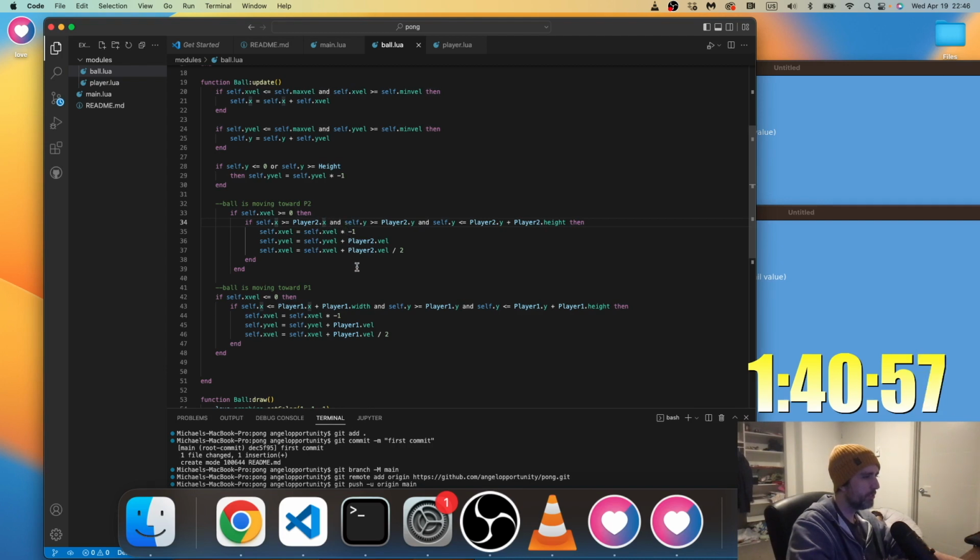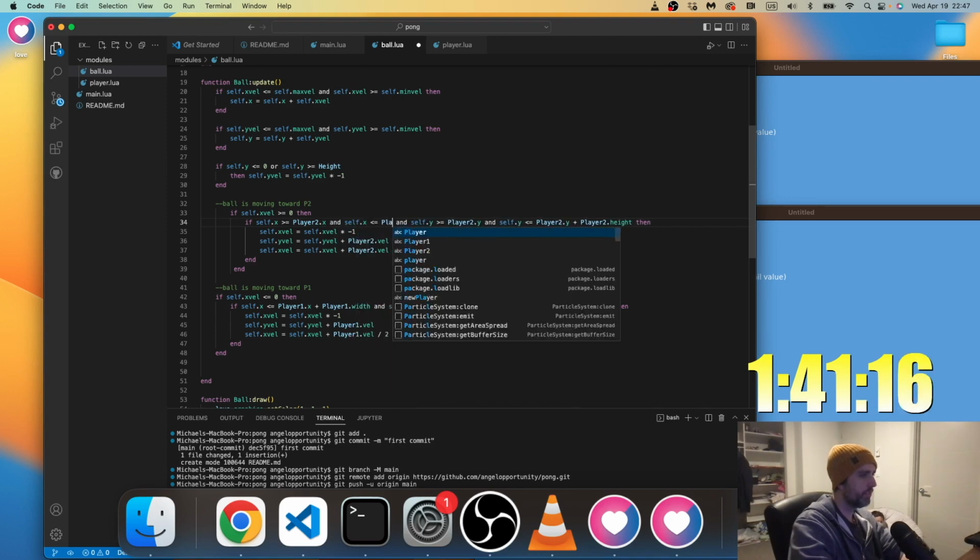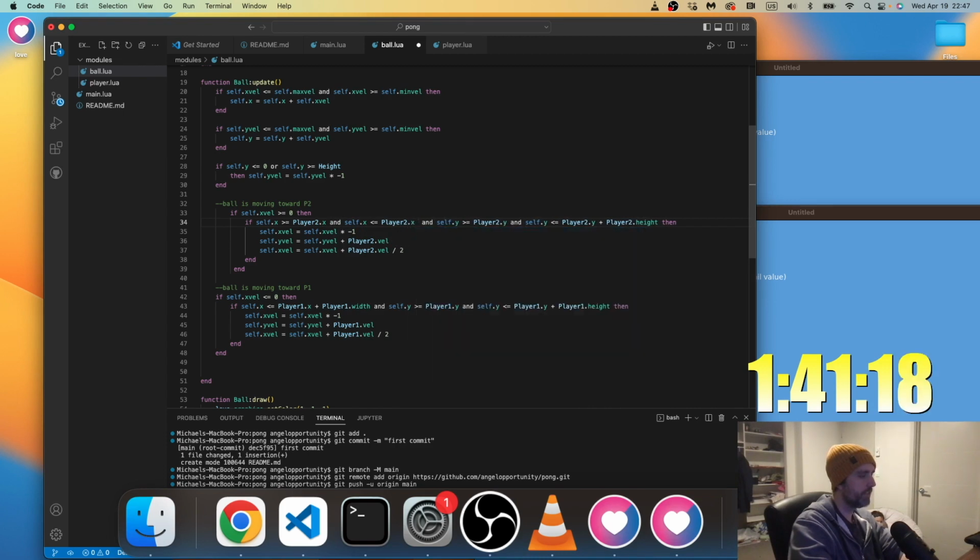What happened to the plus width thing? This needs to be here too. Is greater than or equal to, and self.x is less than or equal to player2.x plus player2.